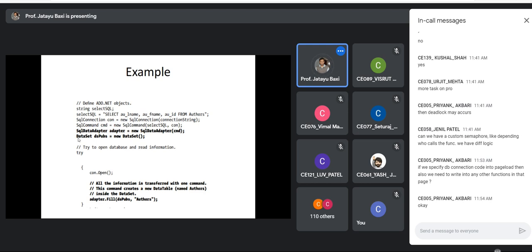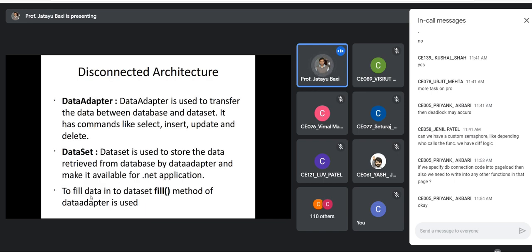The next thing is we are creating a data set. Now connection dot open. Now what is the next statement? Adapter dot fill. We have just seen in the last slide, right? To fill the data into data set, we need to call fill method of data adapter class.